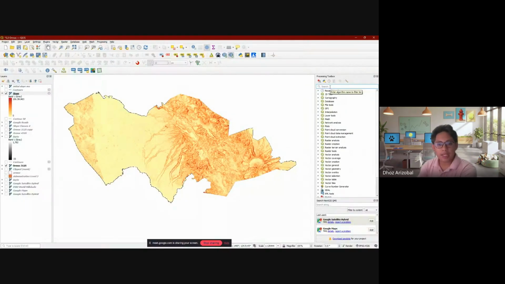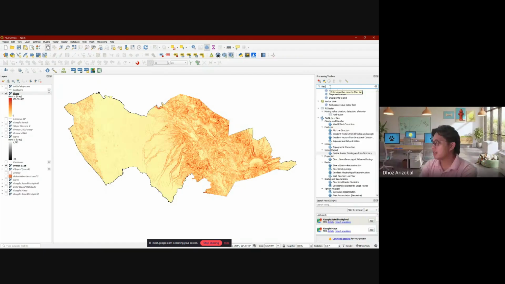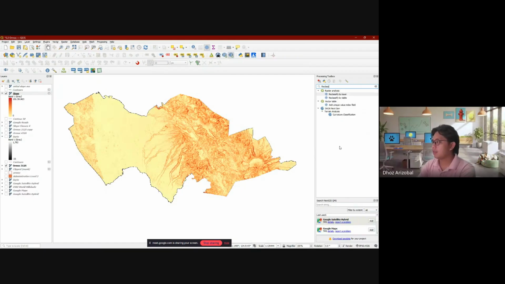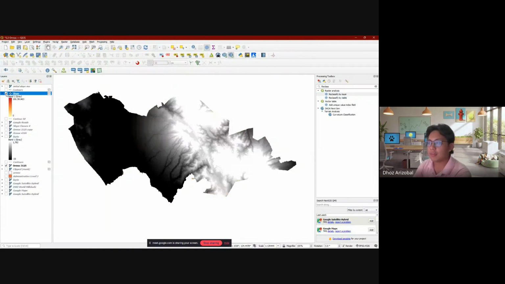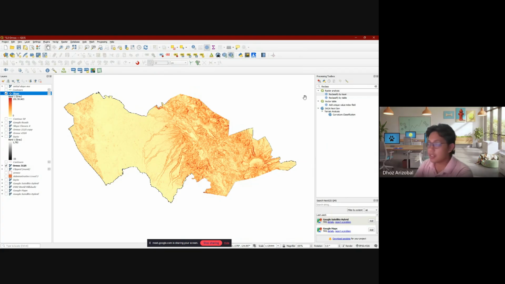Type reclass. Let the program find it, it's smart enough to do that. On your reclass, click reclassify by table.